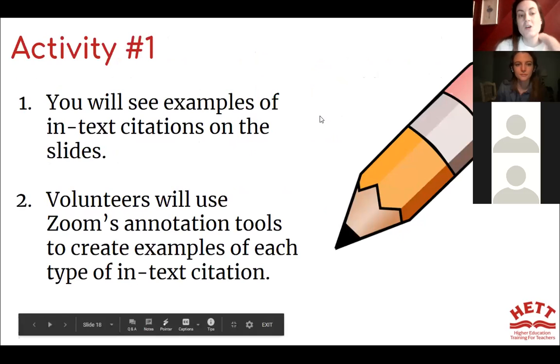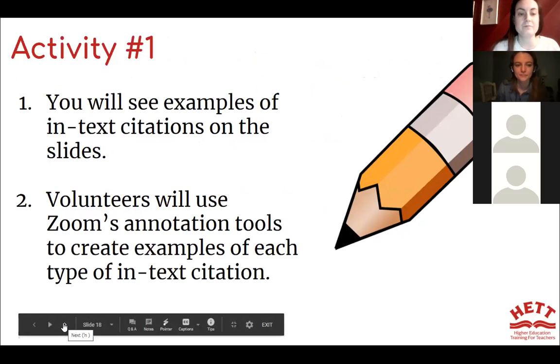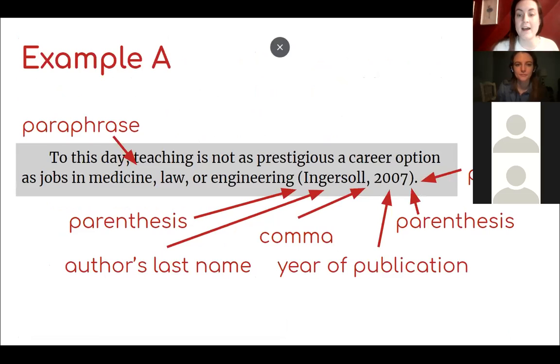Okay. So we're going to do this together. It's set up to annotate on the screen, but during the Burmese session, people found it easier to type in the chat box. So if you would like to type in the chat box, that might be the easiest way to do this. And then I can maybe annotate on it to show you.